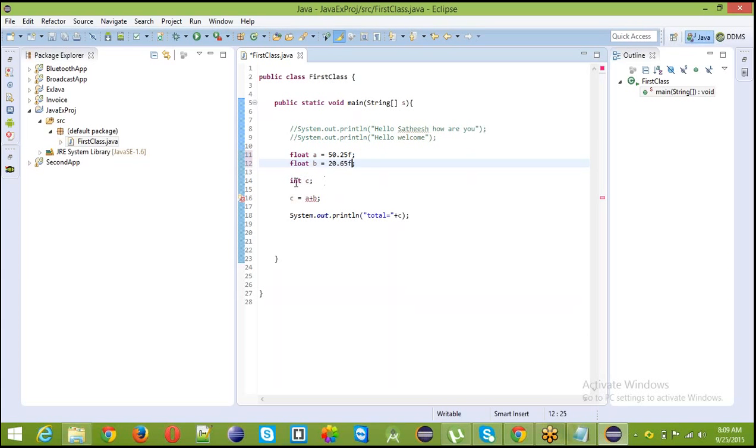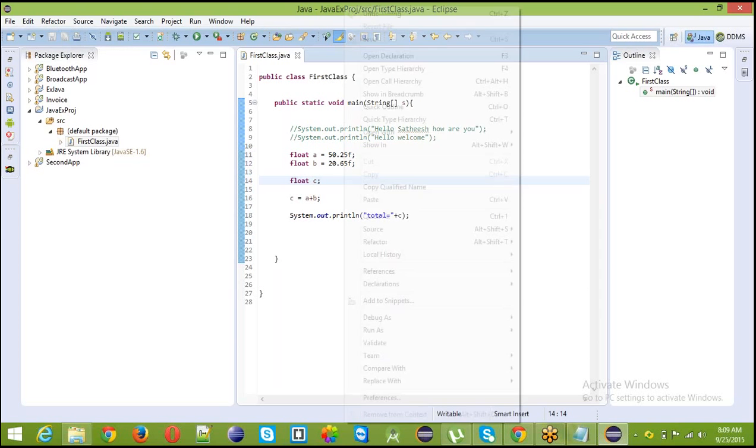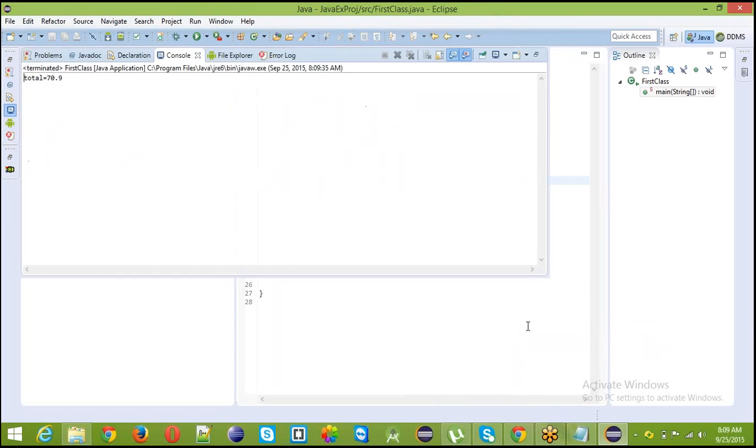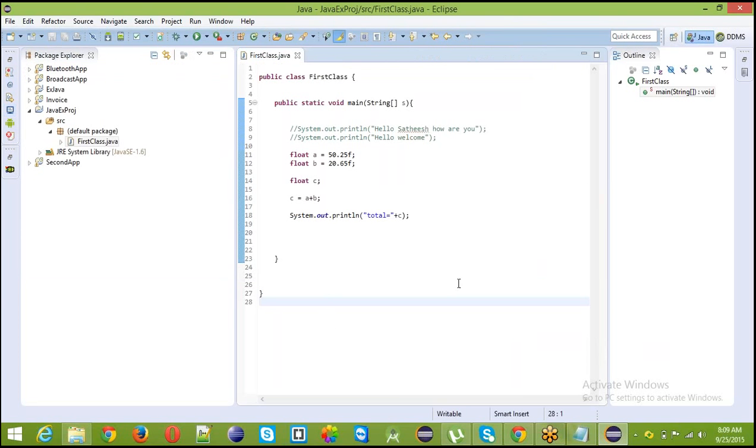Okay. And I am taking one more float. Okay. C is equal to A plus B. Now the output will be 70.9. Okay. In this way you can use these data types and variables.